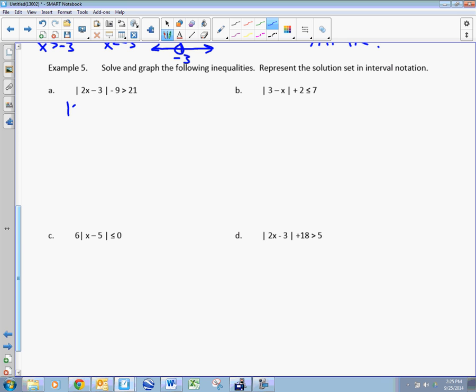Add the 9. You isolate the absolute value by adding 9. You get 30. So absolute value of 2x minus 3 is greater than 30. In order to remove absolute value signs, I need to set up two equations or inequalities. What is the second inequality? Yes, flip both signs, the inequality sign as well as the value of the other